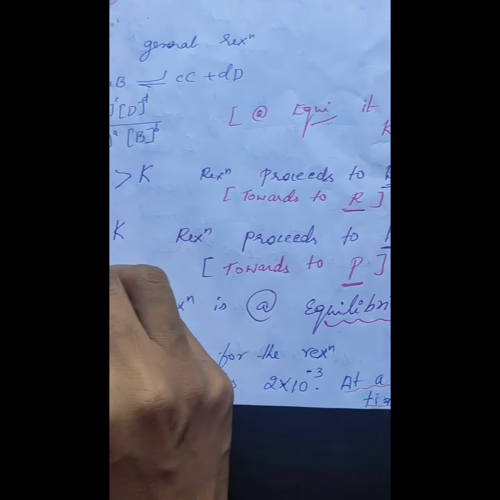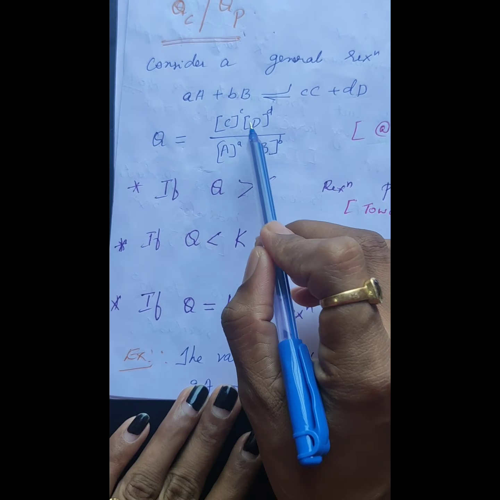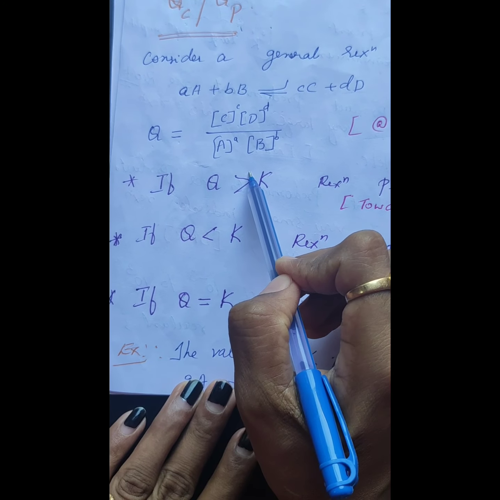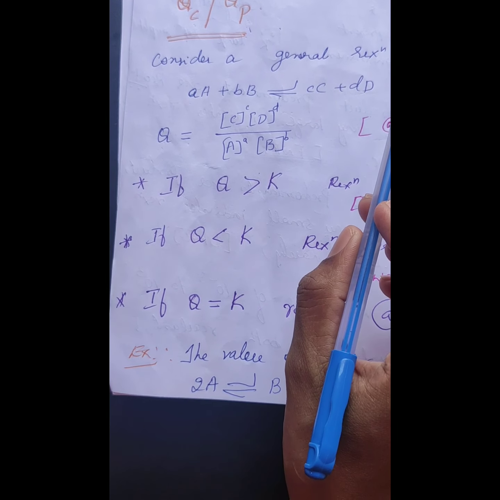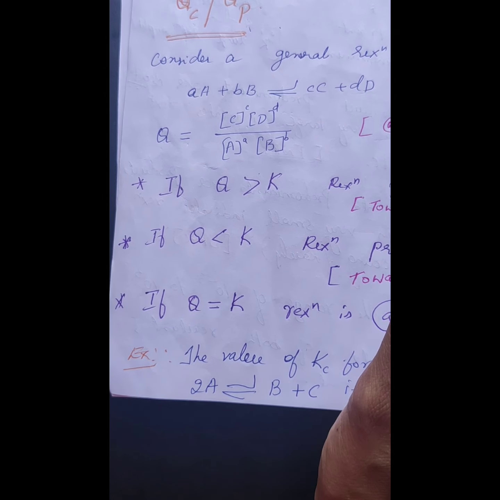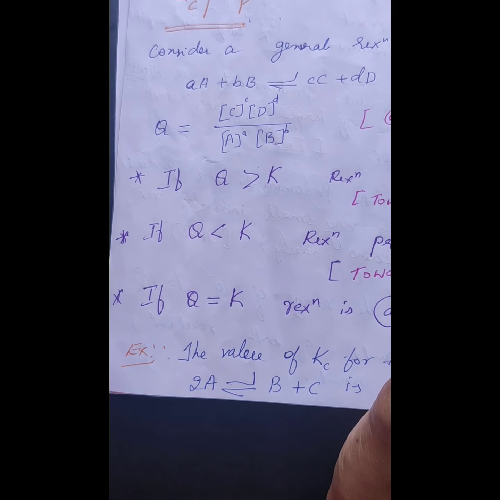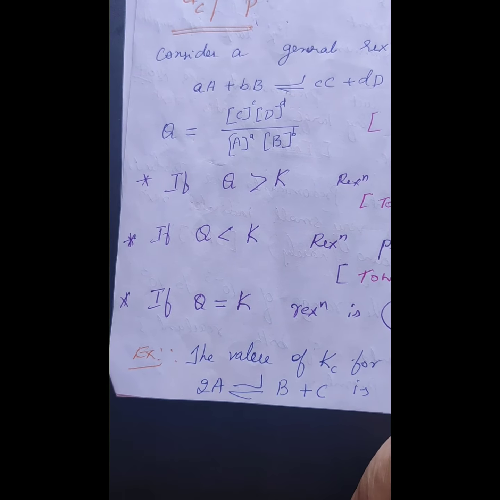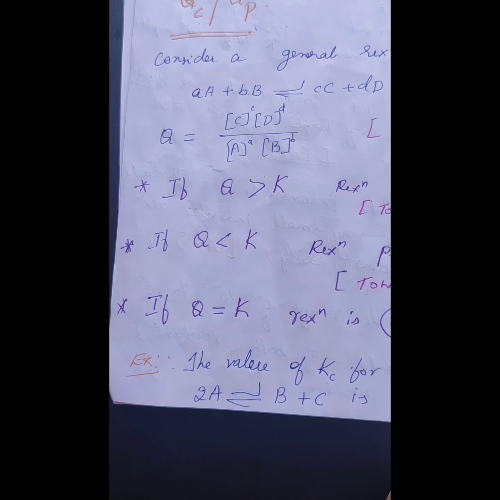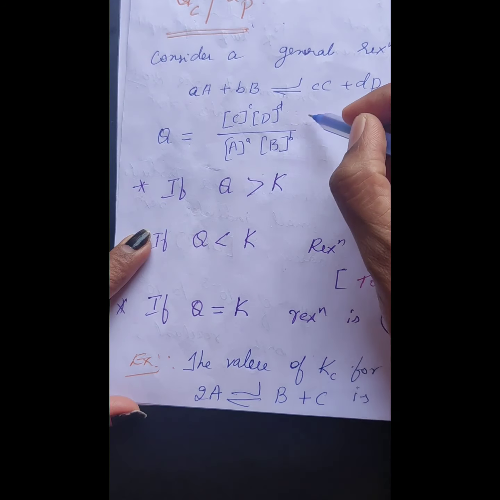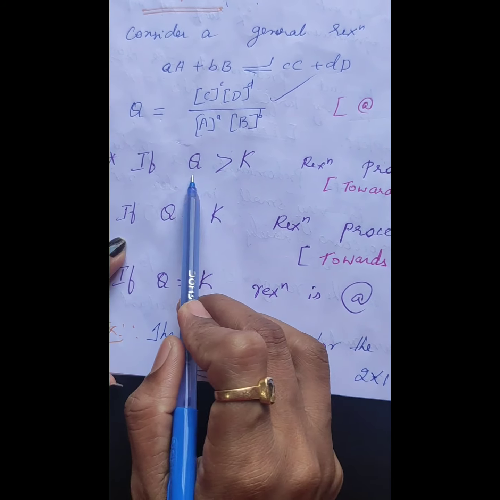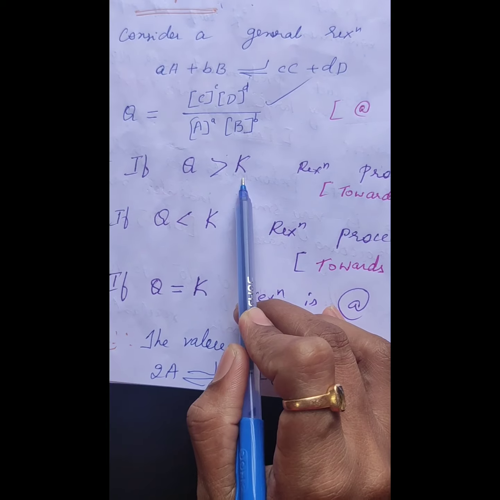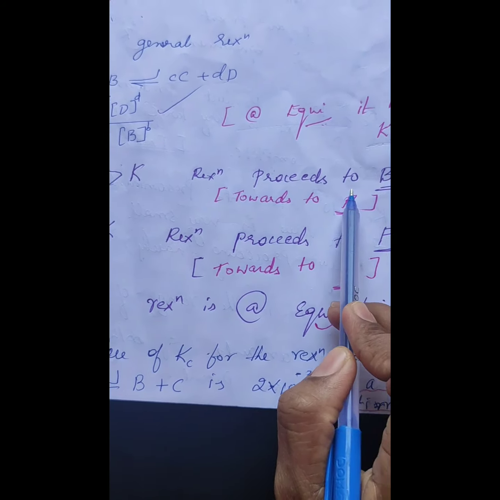Other than the equilibrium state, the same mathematical expression is considered as the reaction quotient or equilibrium quotient. But you should remember it is similar to the equilibrium constant K representation, but it is not the equilibrium constant K. The stage other than equilibrium in a reversible reaction is called the reaction quotient. This is its expression. So, consider if the Q value is greater than the K value, then the reaction proceeds